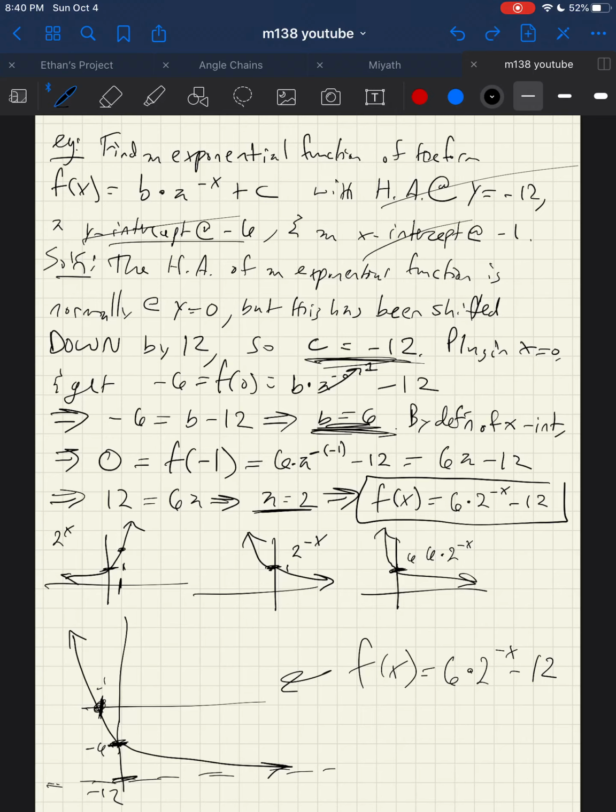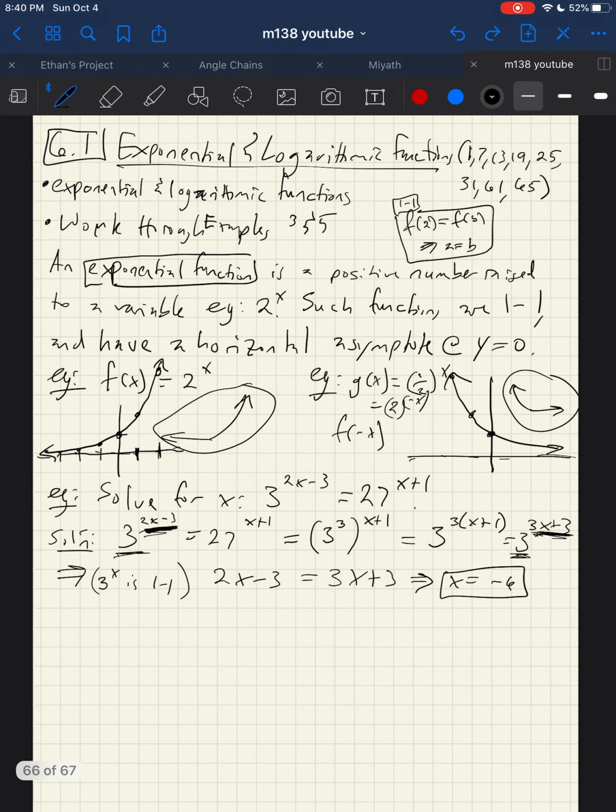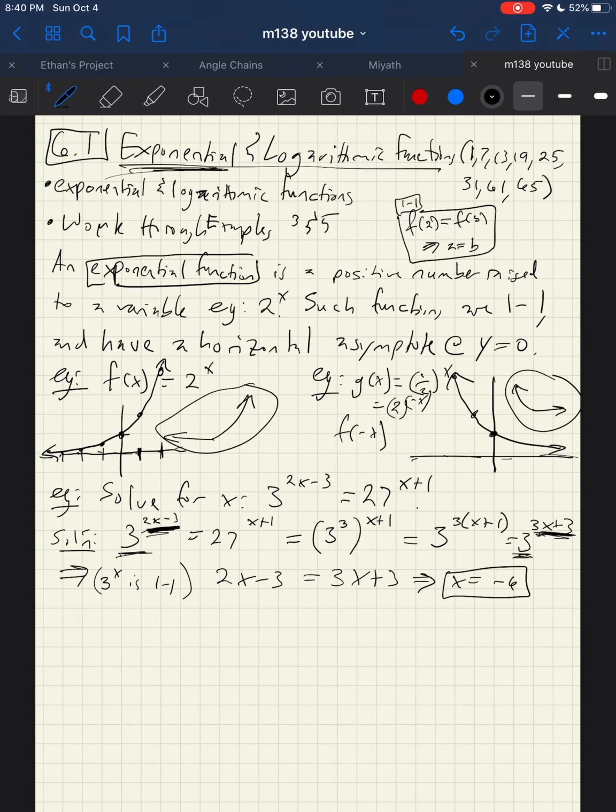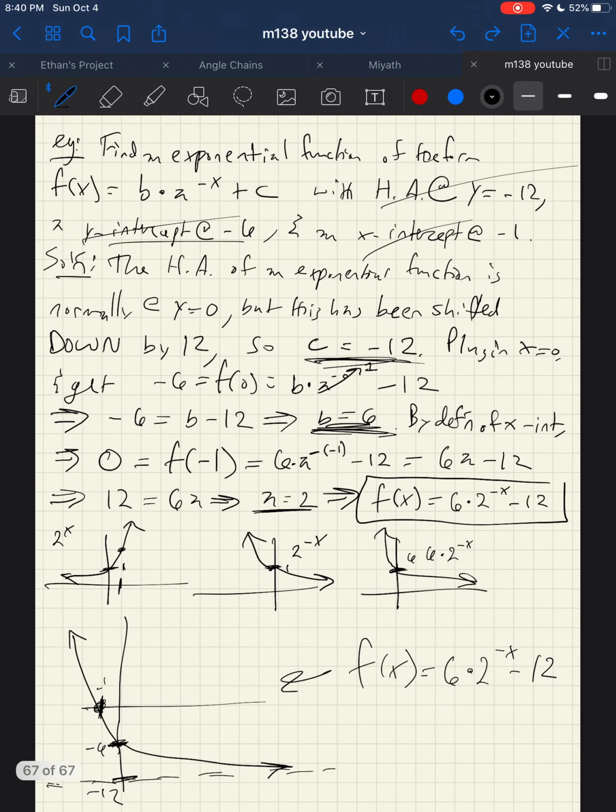So you should probably review this process here, because this is a little bit involved. And even though there's a lot more in this section, I kind of want to break this section up into 2 pieces. So this is really going to be video number 1, focusing on exponential functions. And then we'll do another video focusing more on the logarithmic side of